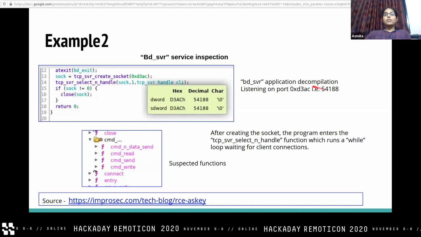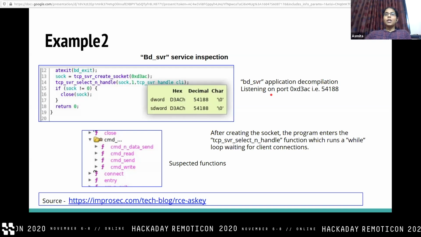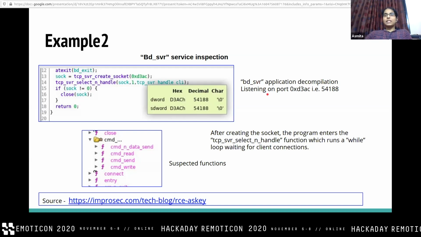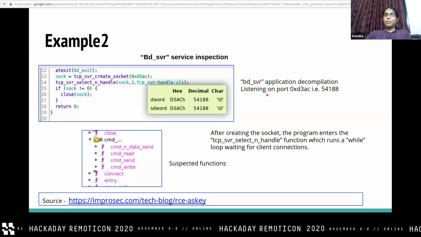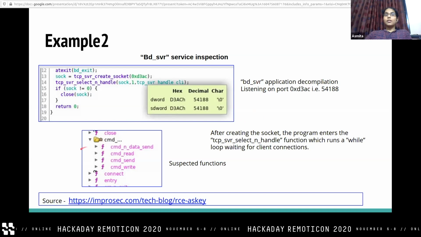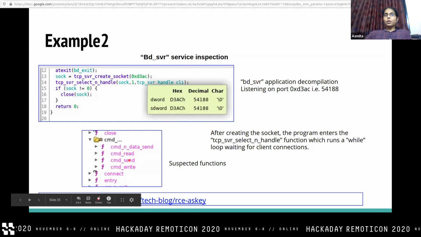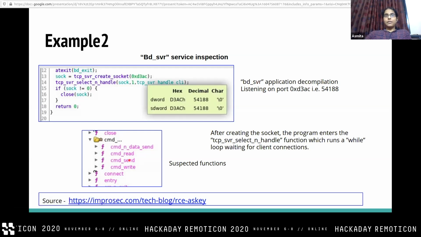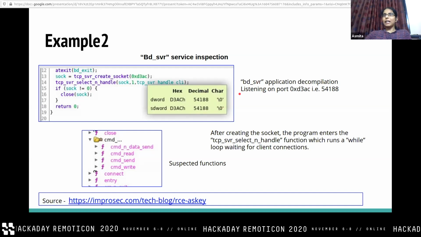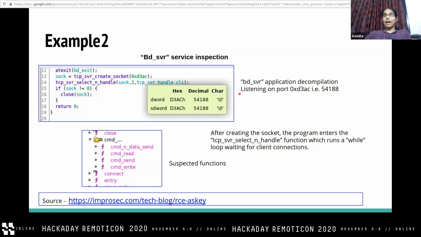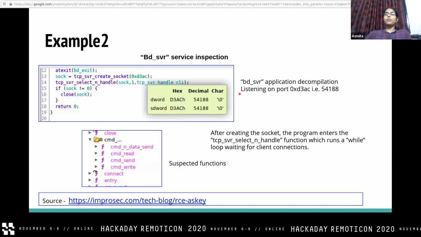After the reversing, it was observed that once this socket was created, it was waiting in a while loop for connections, and inside those binaries there were different functions that were susceptible. So when we do the reversing part, we look for web related binaries, where we have the possibility to attack, or some kind of custom binaries, or when we perform the